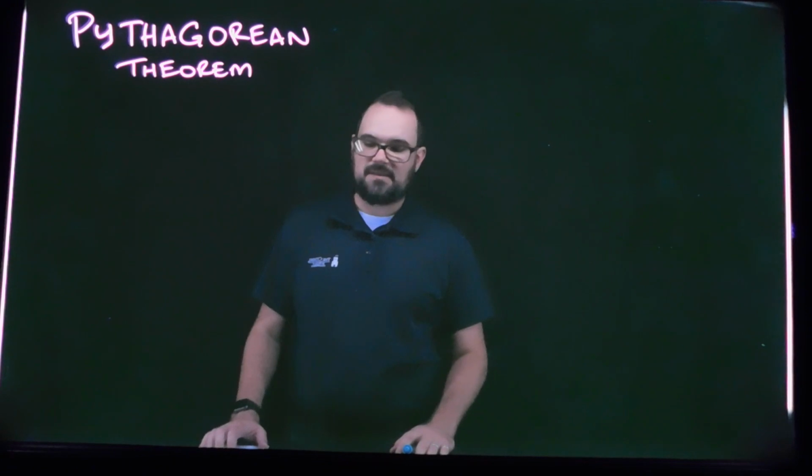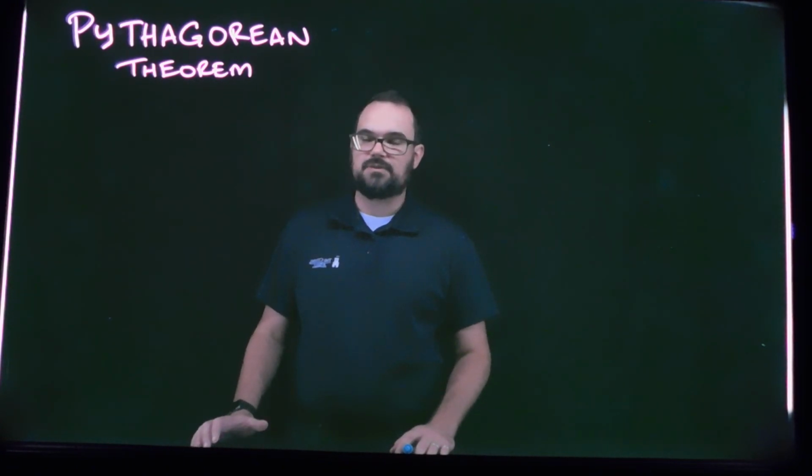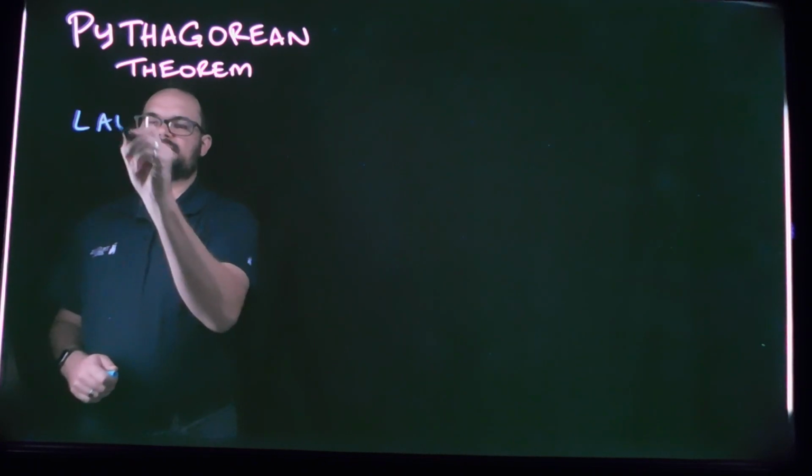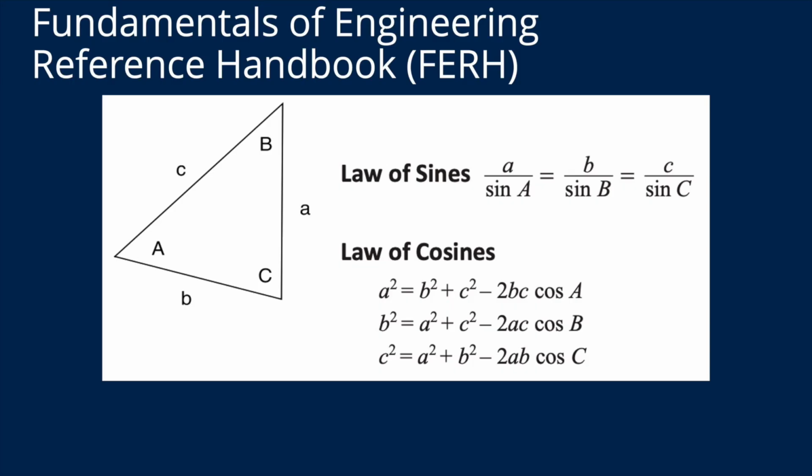In this lesson we're going to be talking about the Pythagorean Theorem. Now, if we look at the resources that we have available to us as engineers, particularly our FE reference handbook, we actually don't have the Pythagorean Theorem listed directly. So we can see from our FE reference handbook that we're actually given the law of cosines, which looks like this,